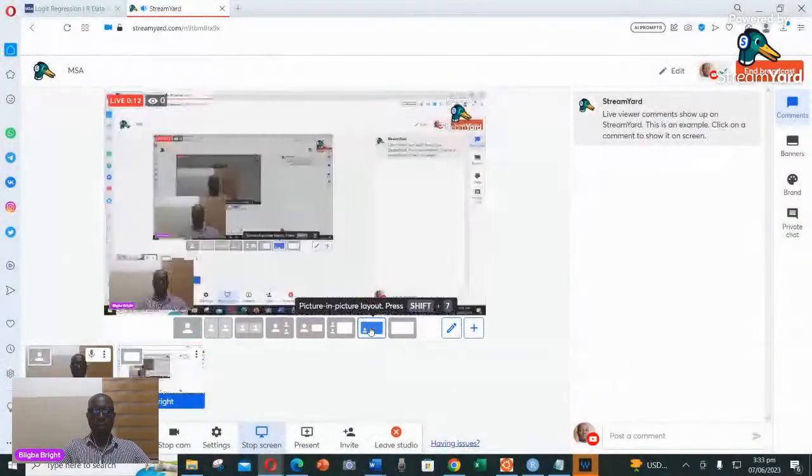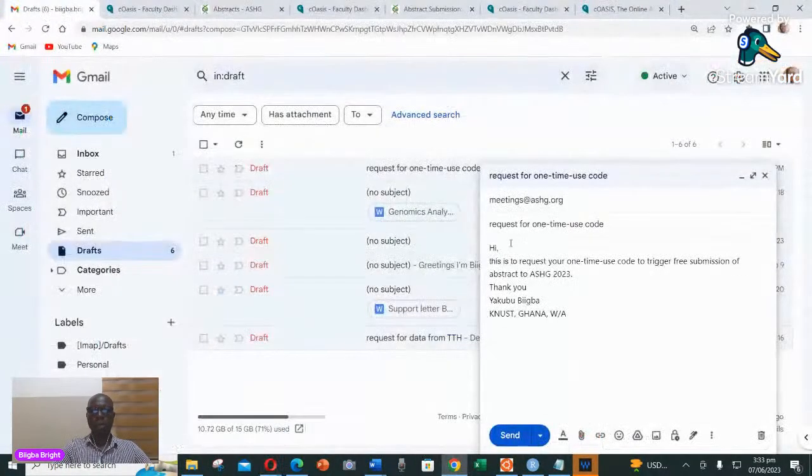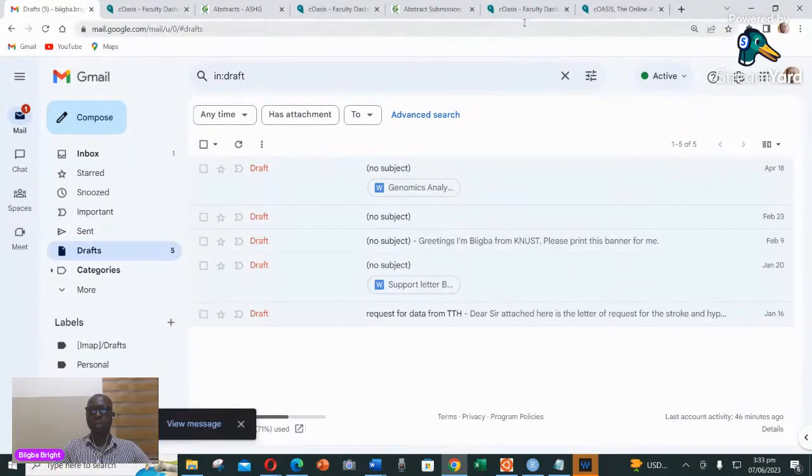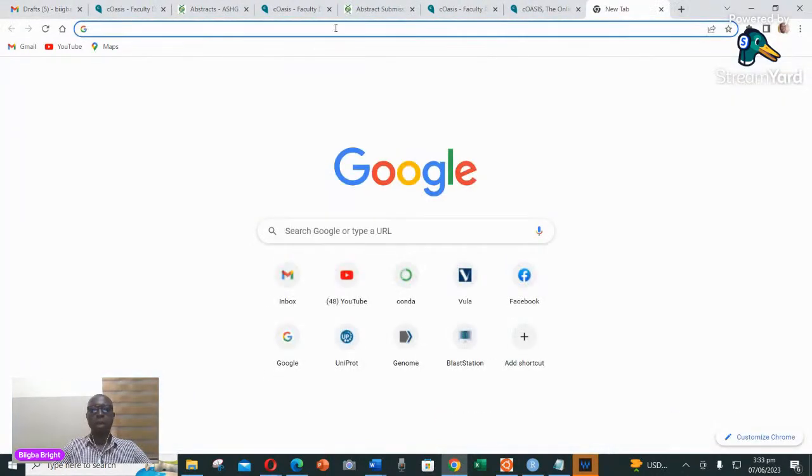And so I don't have the sequences as of now, so the process I'm going to go through, just follow the same process one after the other. First of all, we need to get our sequences ready. So in that case, I'm going to pull up my Google accounts here. I was sending an email, so let me finish up with that. And so I want to go to any of the databases and then download the sequences. So let me go to